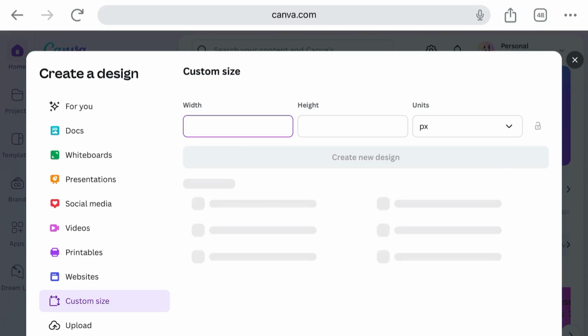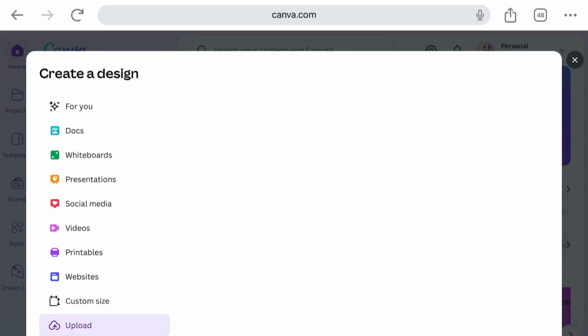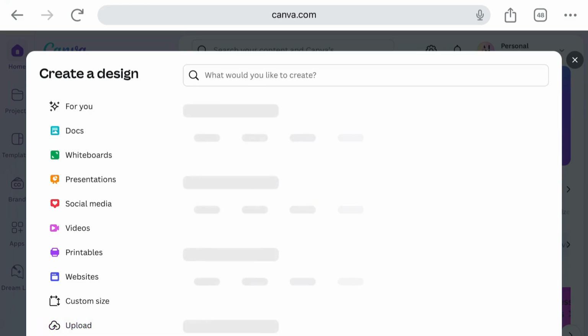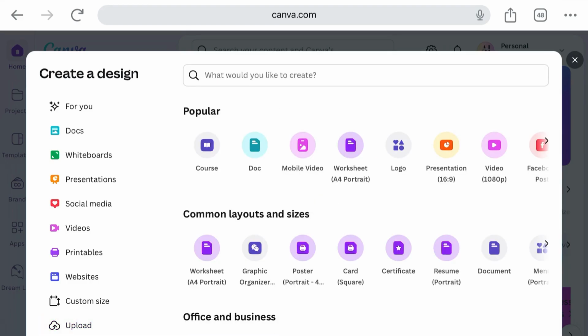Want full control over your design? Click Custom Size, enter your width and height, and start with a blank canvas. Now, you can upload your photos, videos, or audio to insert into your design. You are ready to start designing, either by using templates or by